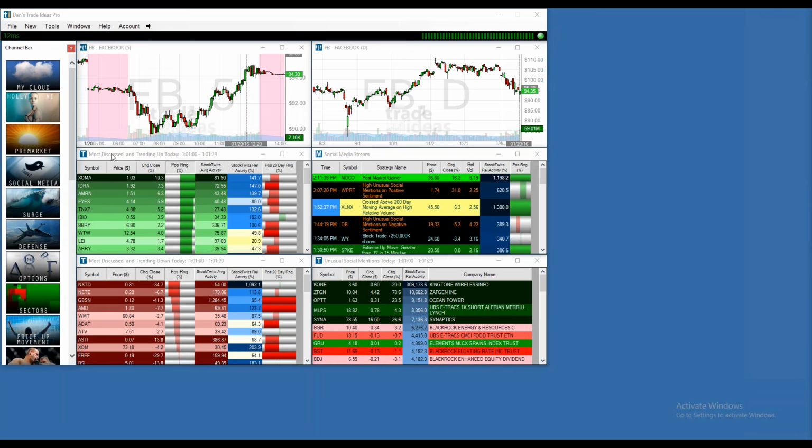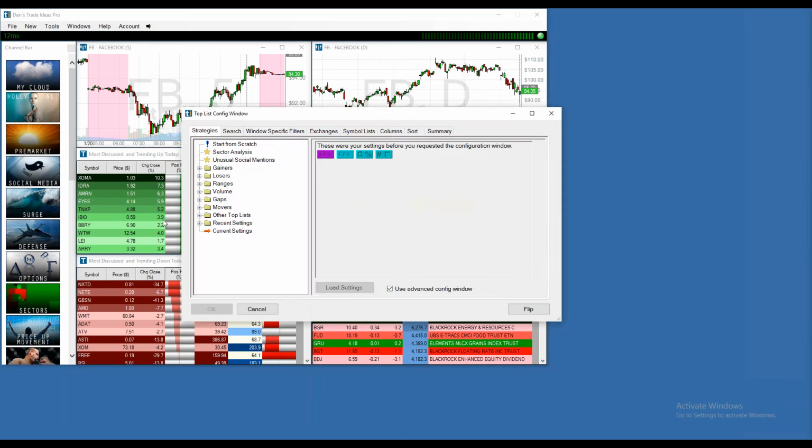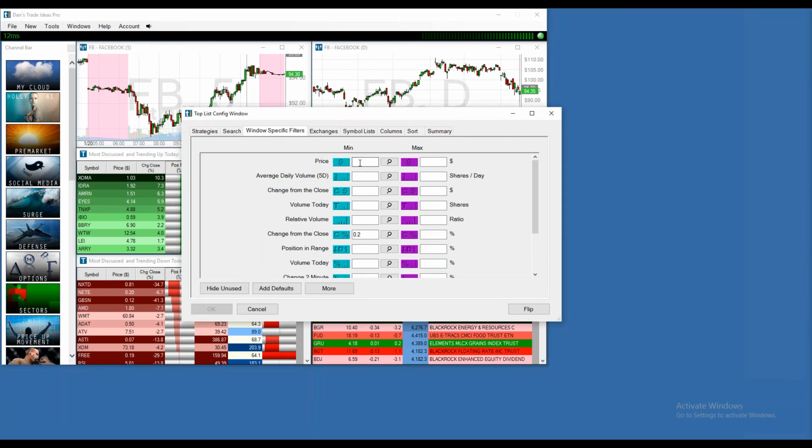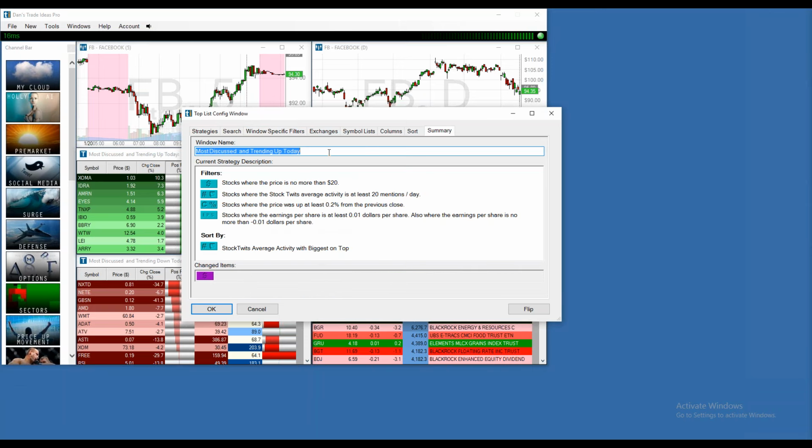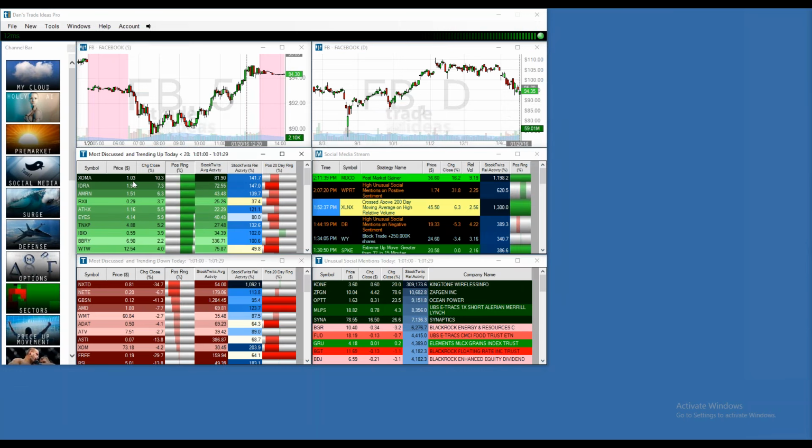So every single window that you're seeing can be customized. So here, for example, I'm in this window, okay, and it's custom to social media, but I can go to configure and I can go to window-specific filters and I can say no more than, let's say, $20. I can hit enter. I can say here less than 20, and now everything has changed.